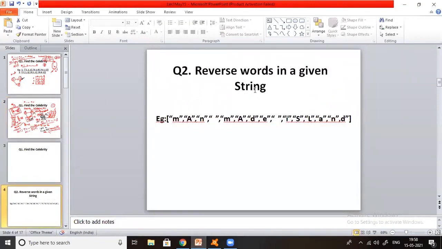Reverse words in a given string. Okay, so let's consider you have been given words. Okay, what you have to do, you have